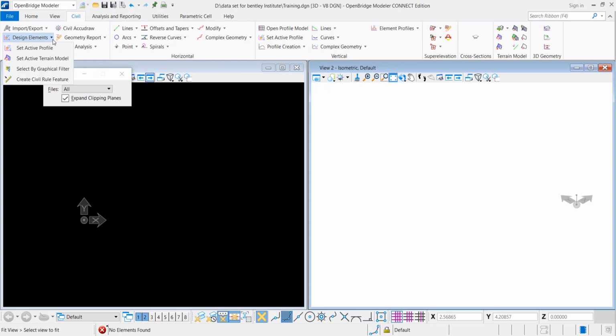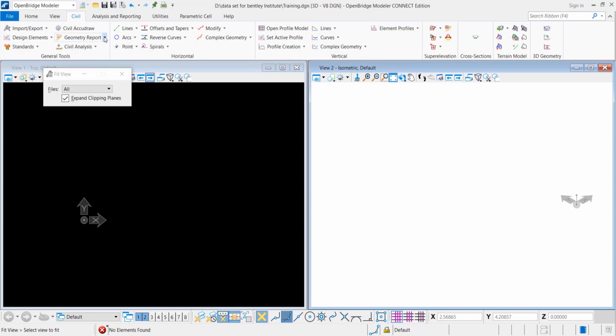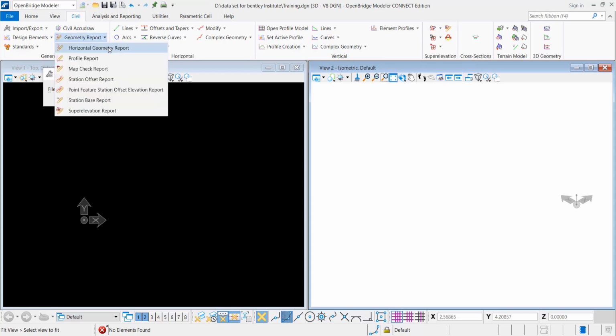There are different options as well. You can set or edit the design parameters, right? You can update and change from here. You can create certain reports as well. You can do certain civil analysis as well. So these are the options available, and it would be closer to OpenRoads Designer.